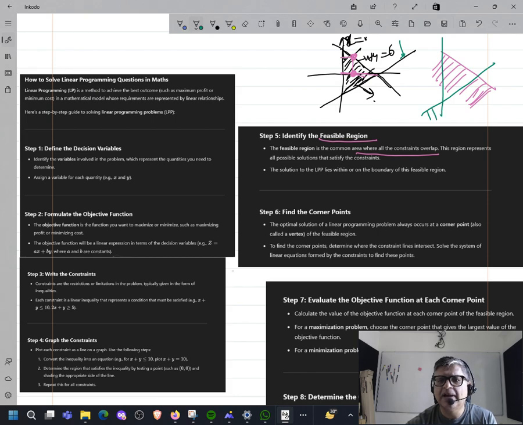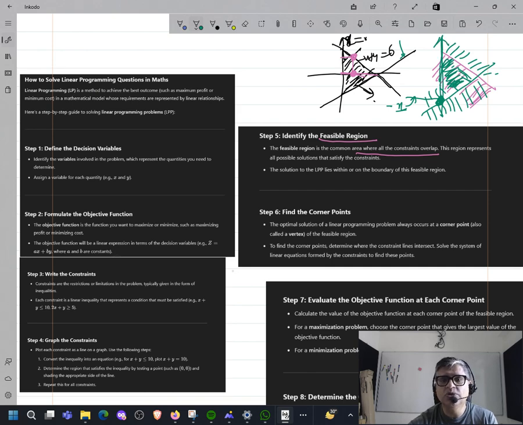Then I can draw a shaded area on this side, and I can do the same thing with this one. This also has a shaded area. The common shaded area for the green line on this side and the pink line on this side becomes the common area. But we have to stop, right? We cannot have negative quantities. We cannot have x be negative. So x equal to 0 is the point where we need to stop. You cannot have a negative number of chairs. I will buy minus 20 chairs, not possible. So the shading stops at this point, which is your y-axis, right?